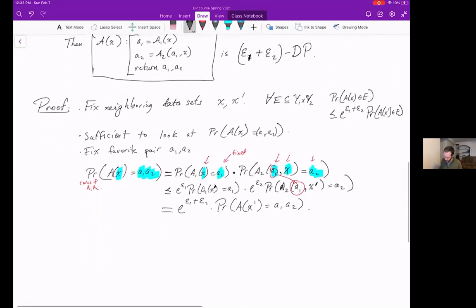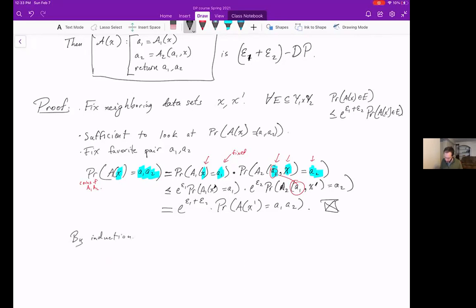So that concludes the proof. That's what we needed to prove. We're done. Okay, and so why is this useful? Well, what it tells us is that, again, when we run two algorithms together, their privacy loss accumulates. It can degrade. I mean, it's worse than running just either of them individually, but it degrades in this kind of graceful way. And by induction,